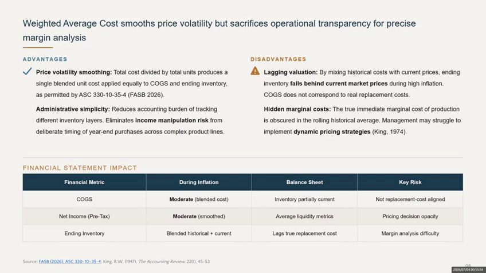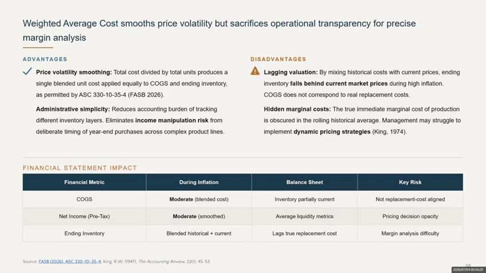However, the inherent shortcoming of the weighted average method remains significant. During inflationary periods, this method combines historical cost multipliers with current high prices in pricing calculations, resulting in ending inventory book value consistently lagging behind actual market replacement cost, while sales costs fail to reflect the true current replacement cost.